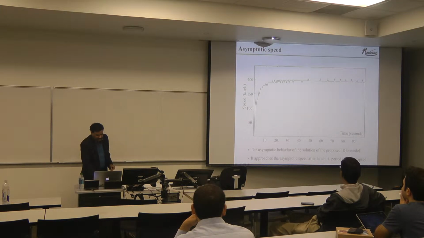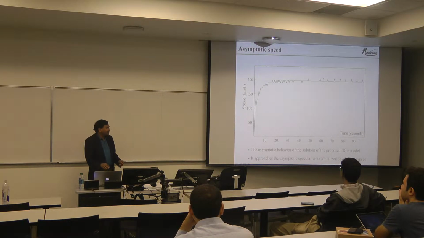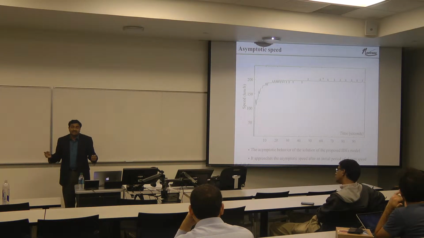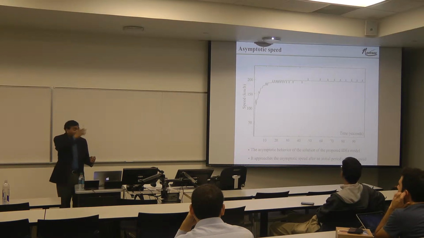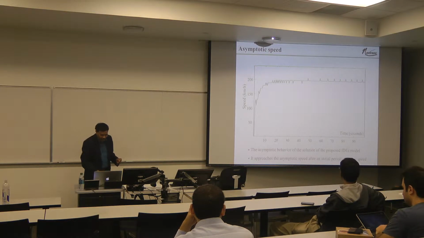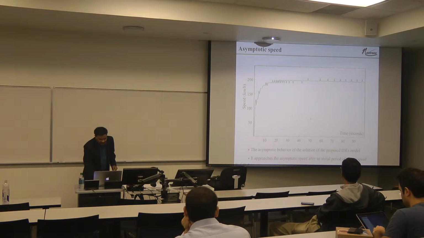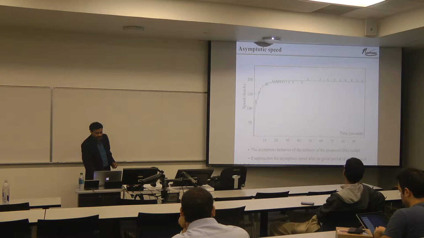And here what you see is the asymptotic behavior. So what you see is the speed with time. The only reason you are seeing these kinks is that they are simply a representation of the discretization. We start with the initial continuous integral, then we discretize it because we use finite difference equations and so on. That's why you see these kinks. Other than that, there's nothing to explain there. And the asymptotic speed is approached. So it starts slowly, then it reaches this asymptotic speed, and then it stays there.